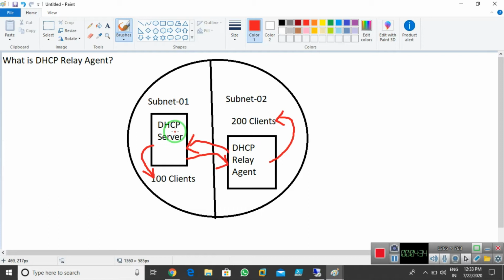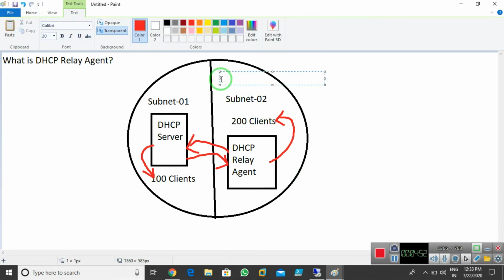If you have different subnets or remote locations, one DHCP server is not able to provide IP addresses on all the locations simultaneously, so in that case we need a DHCP relay agent. To configure a DHCP relay agent, I need the Routing and Remote Access Services, RRAS.